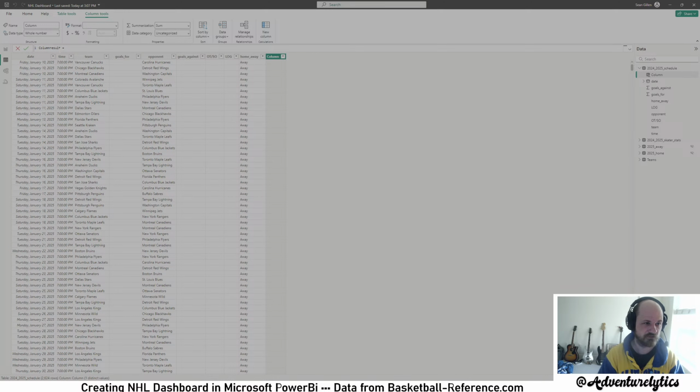All right, so we've got to write a DAX formula to determine who was the winner. So we're going to name this result, and we're going to write an if statement. It's going to be a nested if statement. Because in hockey, if you're not really super familiar with hockey, there's OT and shootouts. If a game goes to OT, the losing team gets a point. So we need to calculate that. So it's not just like, oh, if it's more than this,